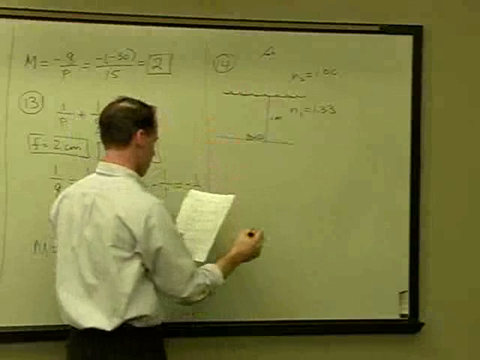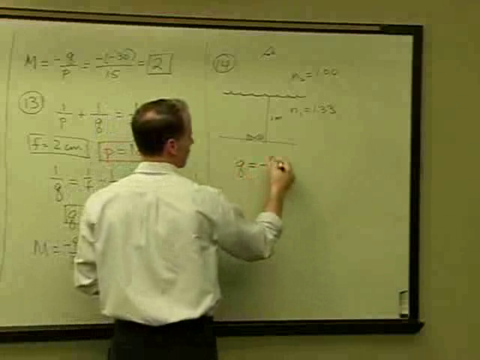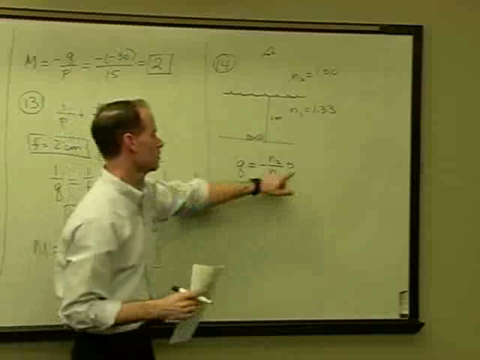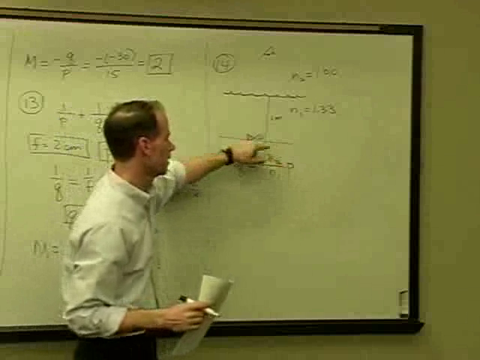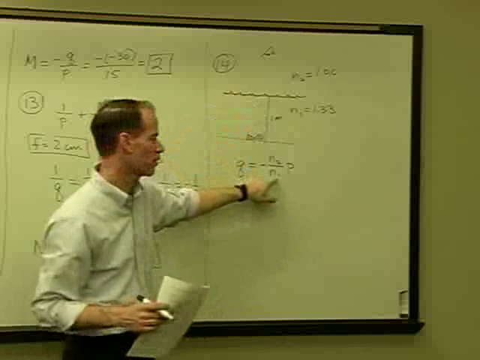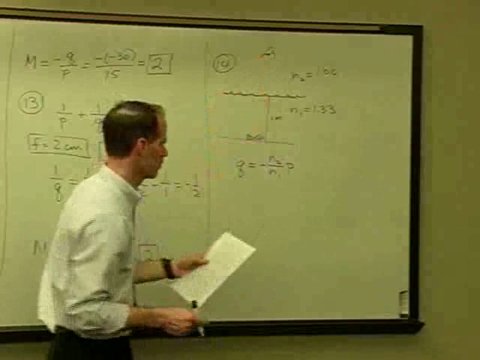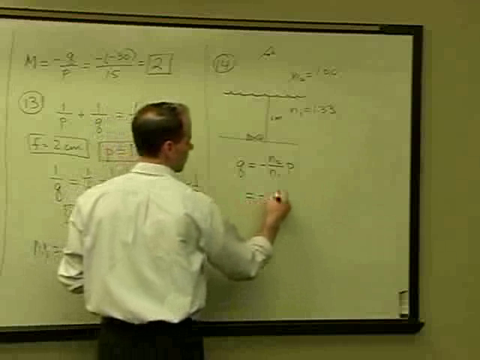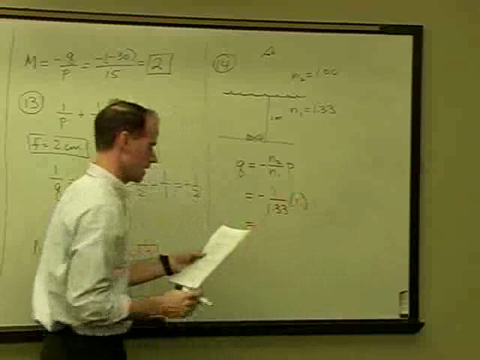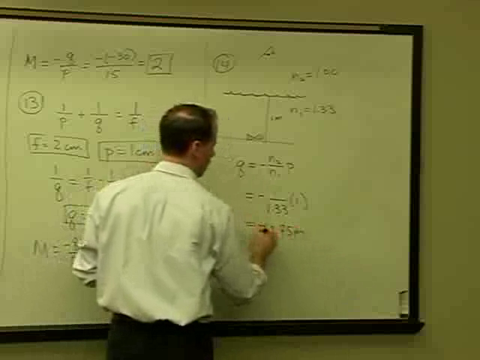And we find that the image distance will equal a negative of the second index over the first index times the object distance. In this case, object distance will be 1 meter, and the first index is where those rays originate, so that's going to be 1.33. The second is where it goes after the interface, which will be 1. So this would be negative 1 over 1.33 times 1 equals negative 0.75 meters,